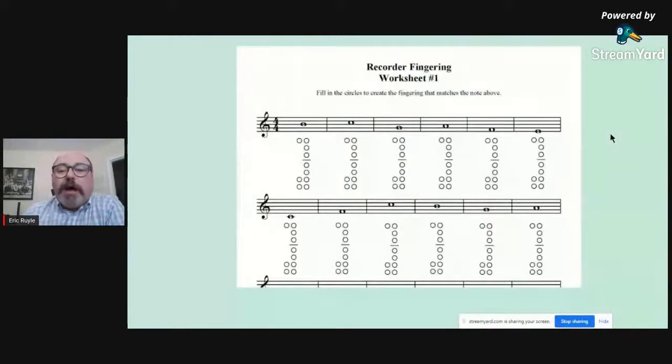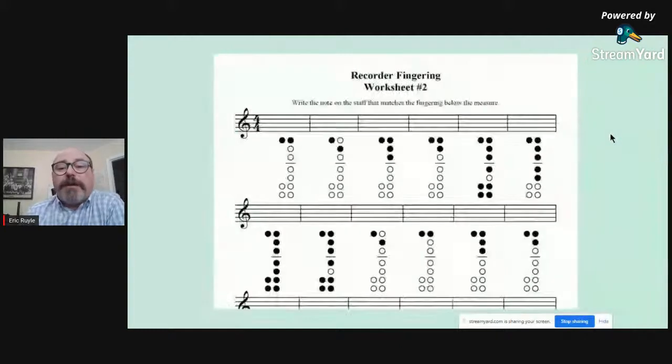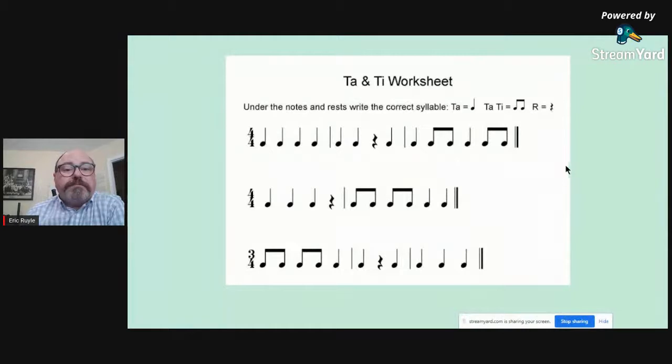Being the person that I am, I like doing the opposite just to make sure they know the topic. There it is. In fact, this is the same opposite sheet of what you just saw, except this time they have the fingerings. They have to put in the notes. That's really nice. And for those of you that maybe are teaching beginning band, that same place, Music Teacher Tools, they have fingering charts for that also. So I just do this using the notes that way.